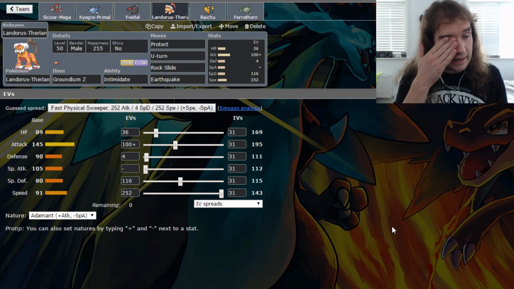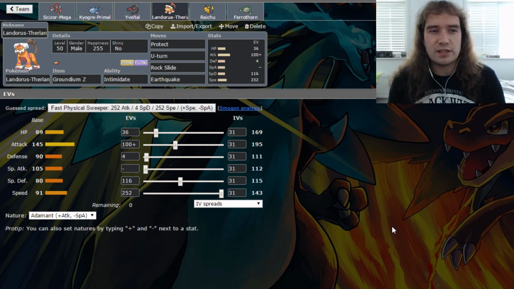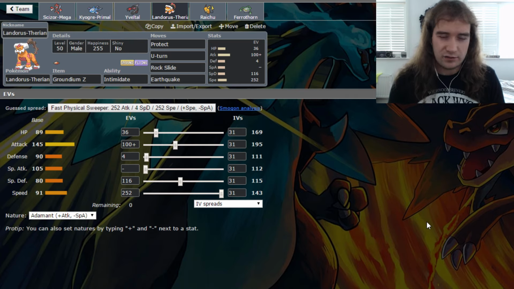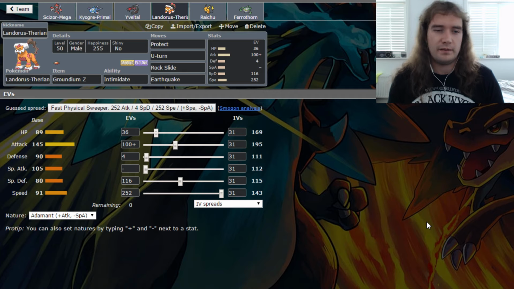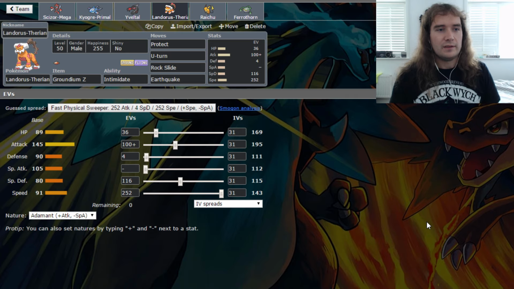Then we've got Landorus. I did need Intimidate, and I do like Landorus, and I wanted a Z-move user. I messed around with the Landorus and Ferrothorn for ages. I had Scizor, Kyogre, Yveltal, Raichu, and I knew those 4 were solid. I really like those 4 together. I had tried Celesteela, I tried all sorts of stuff, but I did go with Landorus. I didn't really fancy using Incineroar, just because I couldn't Flare Blitz or anything. I would Fake Out on Raichu, so maybe I could have 2 Fake Outs, but I wasn't too fussed. So I did go Landorus,